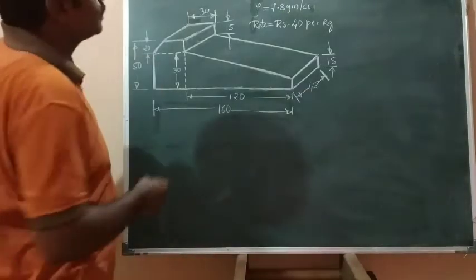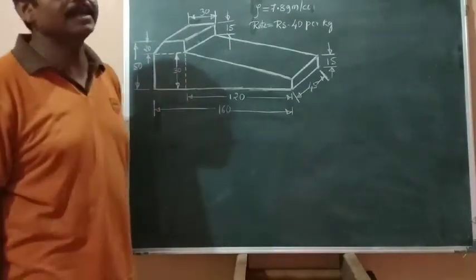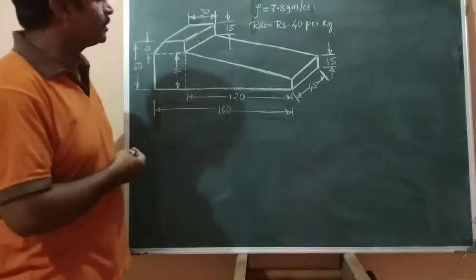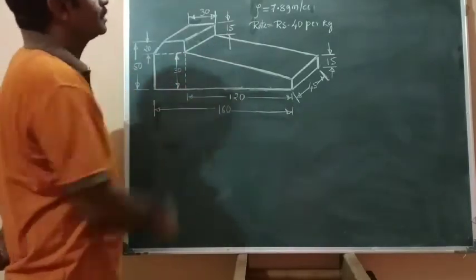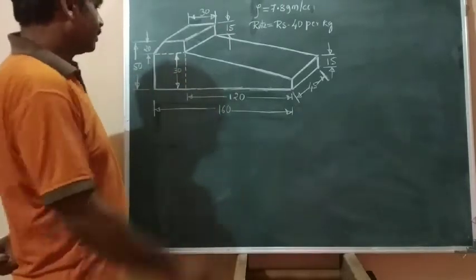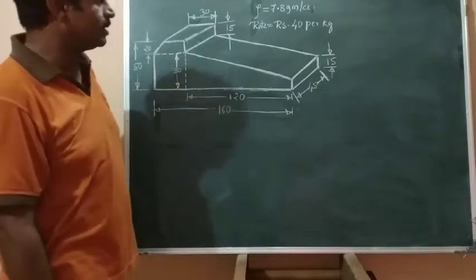Okay, let us discuss the second problem. That is the give-headed key problem. The first problem we discussed was a lead center. So let us consider the second problem as the give-headed key problem here. Now note the dimensions here. All the given dimensions are in terms of millimeter here.